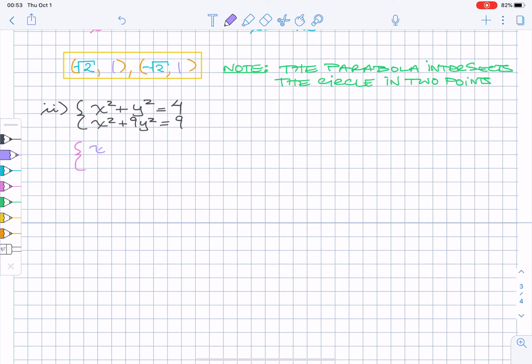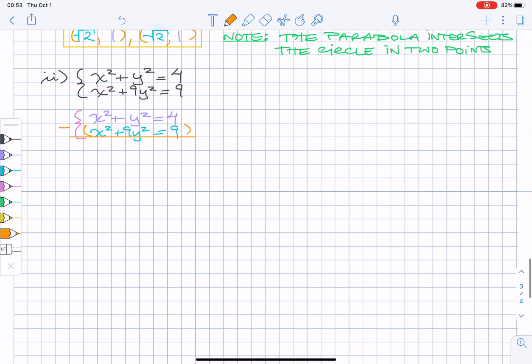So it should be evident that if I subtract the second equation from the first, what I'll get then will be a negative 8y squared is equal to a negative 5,